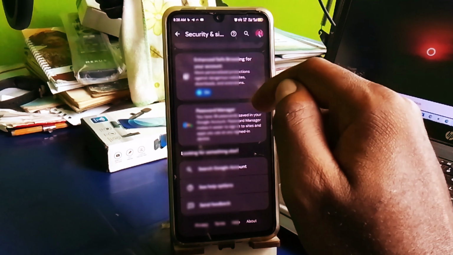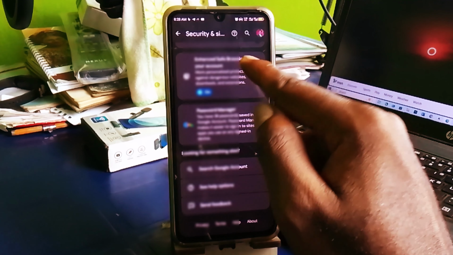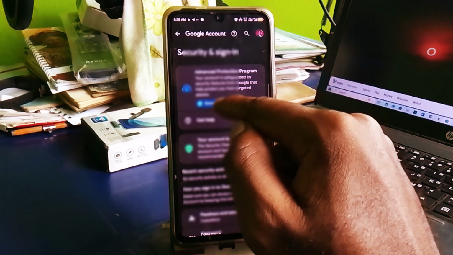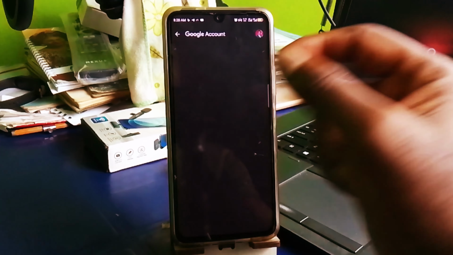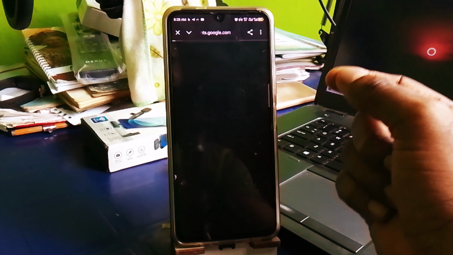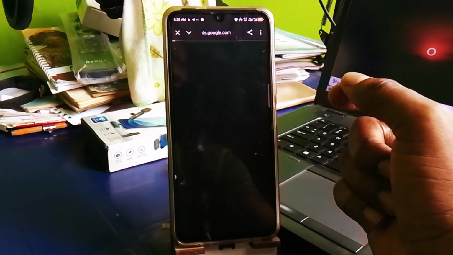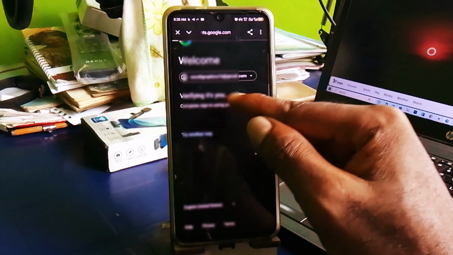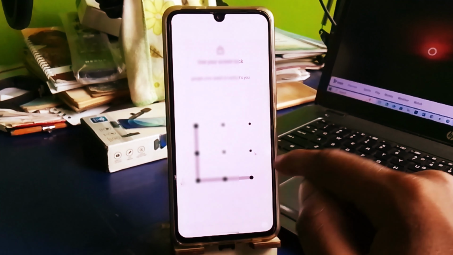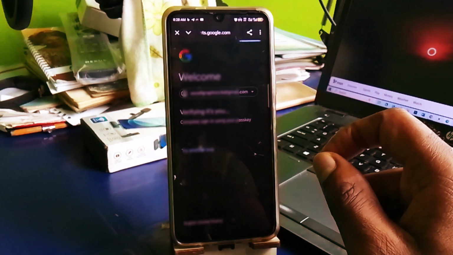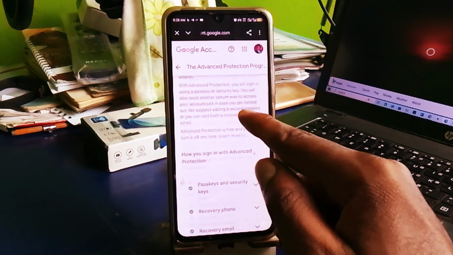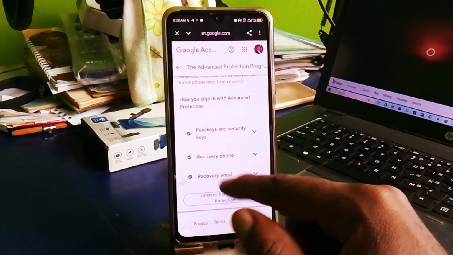Let's take a look at the very last one, which is the best of all. So right here, the very last one is Advanced Protection Program, just like what you see from the top right here. So if you have not enrolled for Advanced Protection Program, it is advisable that you enroll for it in order to strengthen the security of your Gmail account. So right here, I will head over and enter my lock pattern to have full access to the protection program section, just like what you see right here. This is Advanced Protection Program, and how you can